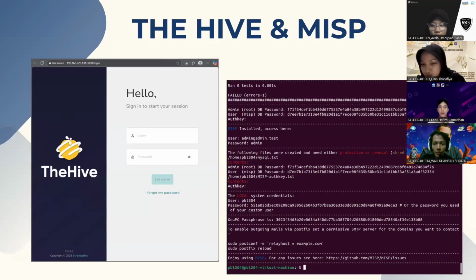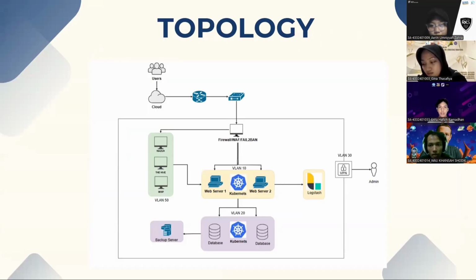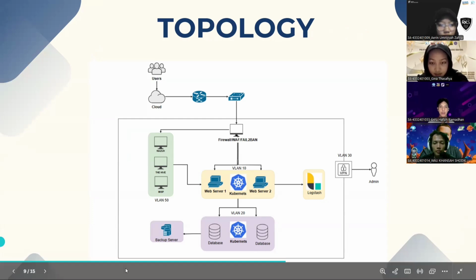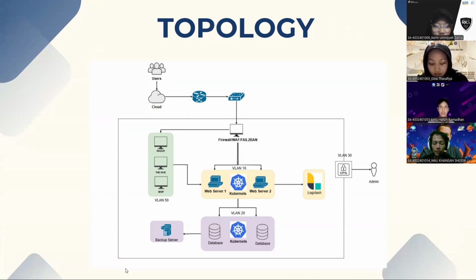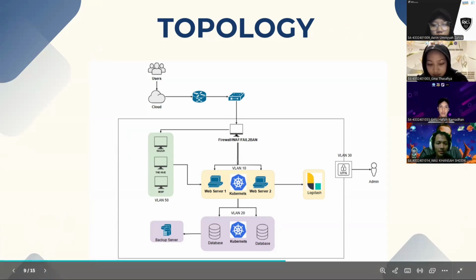This is a view of the TheHive and MISP installation as OpenCTI, or Cyber Threat Intelligence. Next, the following is the project topology, where the flow begins when a user accesses the website using an external internet network, which then is first checked by the firewall and Fail2ban. Then the user's security information during login is forwarded to the SIEM device to monitor user activity while they are on the network and website.